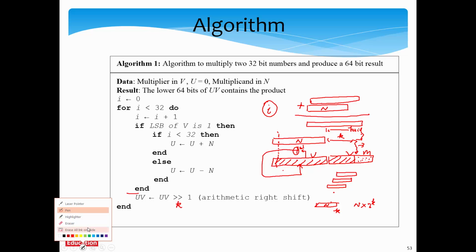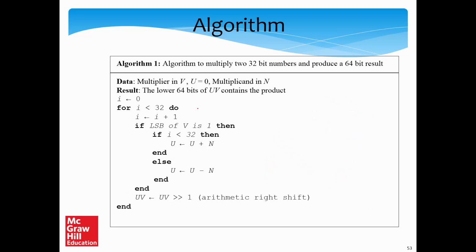So let us now consider the last iteration. The last iteration will pretty much bring us over here. The last iteration is somewhat special, the reason being that this is a signed number, and so we have the multiplicand on top and a multiplier at the bottom. When we reach the last iteration, which is the 32nd iteration, if the LSB is 0, we don't do anything, which is fine. But if the LSB of V is 1, then